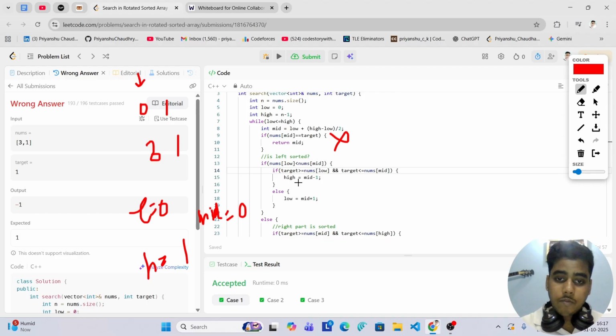Is left sorted? So nums of low is less than nums of mid. Nums of low is 3, and this is 3. So low and mid both are the same. So this will be false. In my case, this will be false. Nums of low is less than nums of mid, false. So we will check in the else part